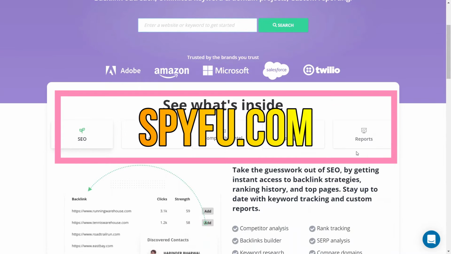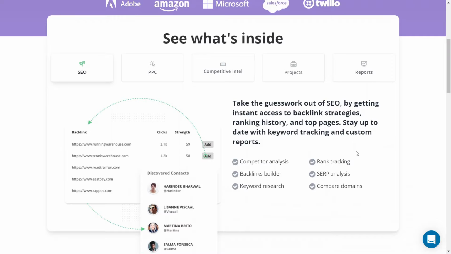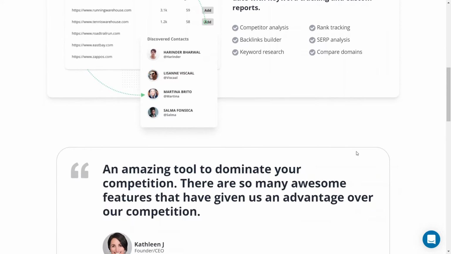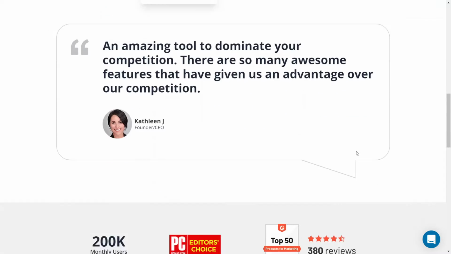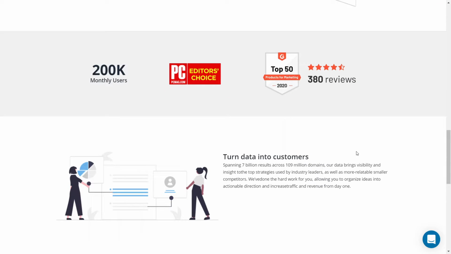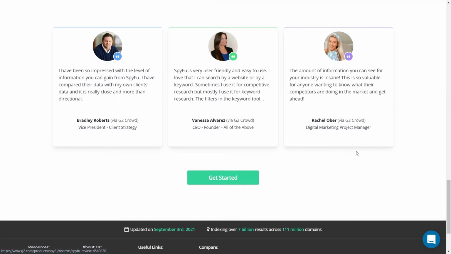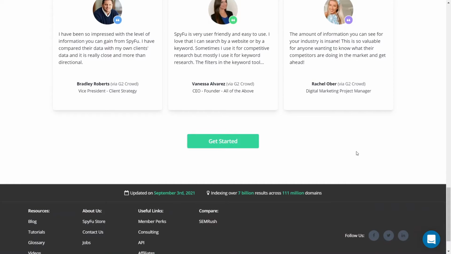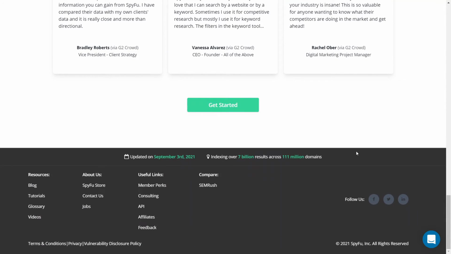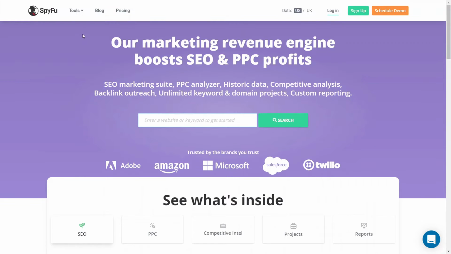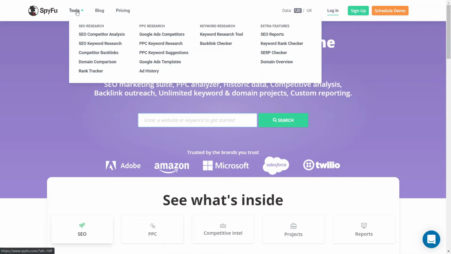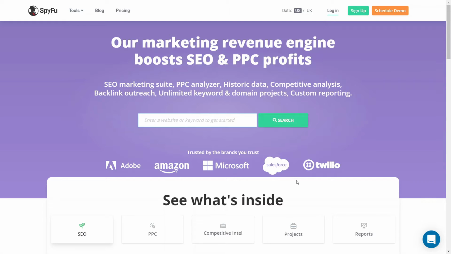This is one of the best SEO tools I have ever used, and the interface is very user friendly. Before starting with this tool, let me make you aware of the purpose of this lecture. We are just going to collect a list of competitors and similar websites to the main competitor. If you don't know any competitor website in your niche, then find one manually by searching your target keyword or your website's core topic on Google.